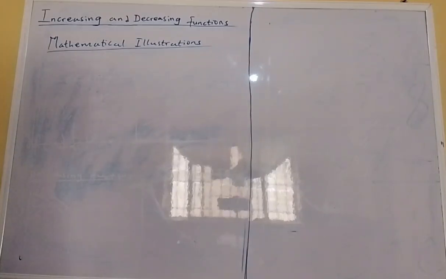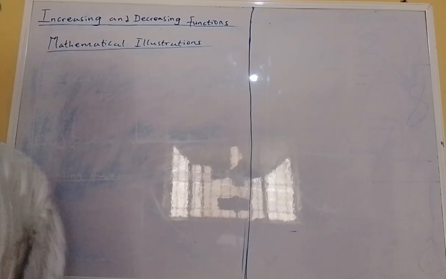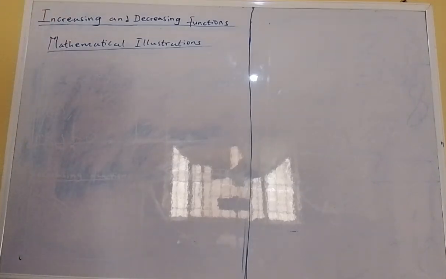In this class, we continue our discussion on increasing and decreasing functions. In our previous class, we showed how to use graphs to identify increasing, decreasing, and stationary functions. So in this class, we'll be using mathematical illustration. That is, how do we identify whether a function is increasing, stationary, or decreasing if you are given a particular